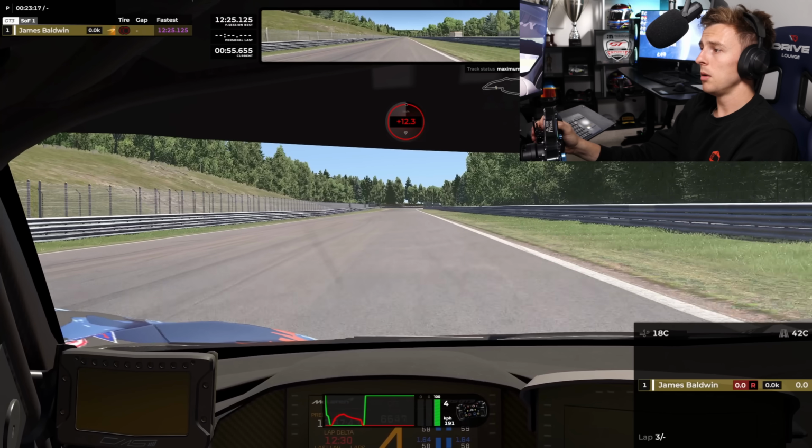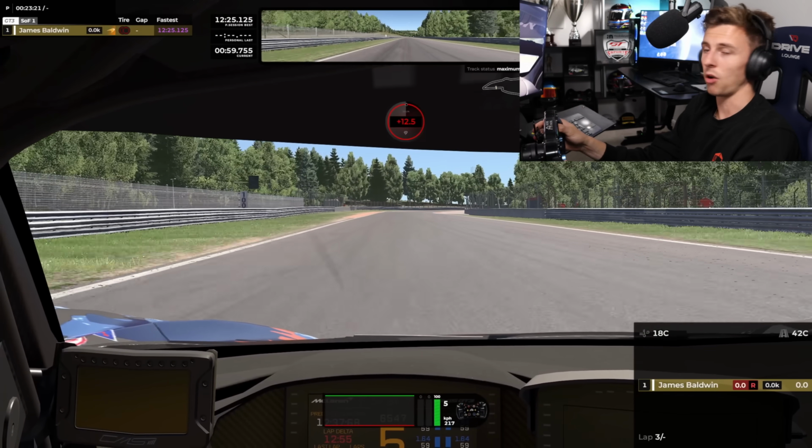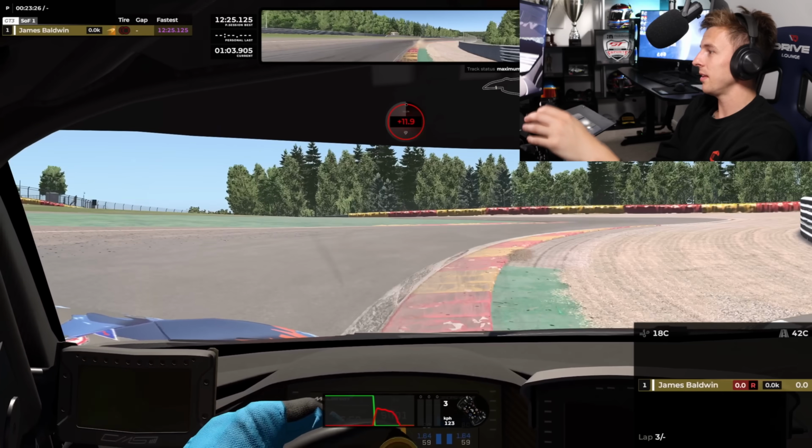The BOP for the opening season then of the updates to the GT3s won't include any changes to the mass or the engine power levels. It's only the downforce levels and drag levels that have been adjusted, so just worth noting when you're thinking about BOP. But yeah, overall these cars feel much better, so much better in a lot of different areas, and yeah,